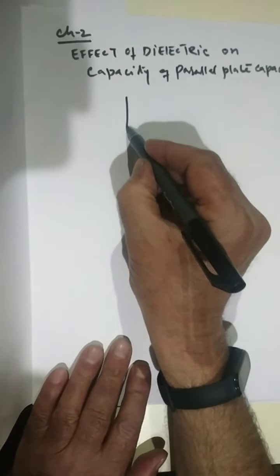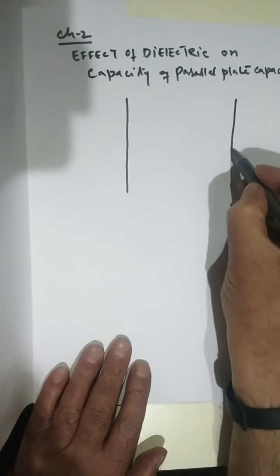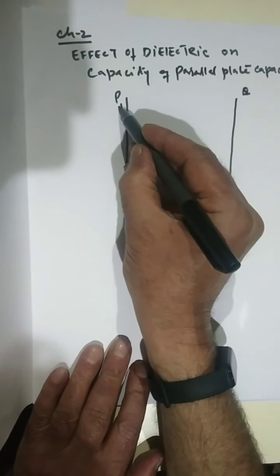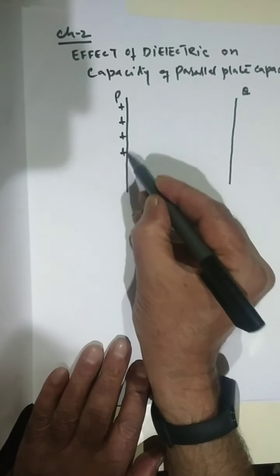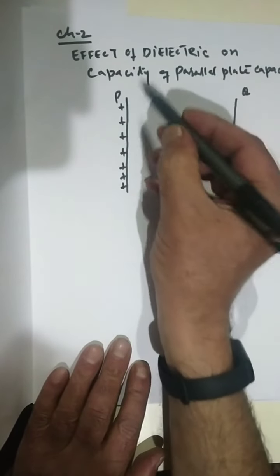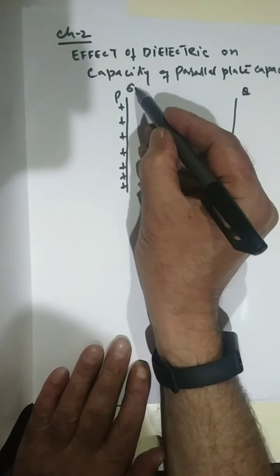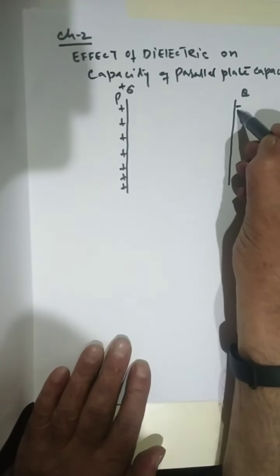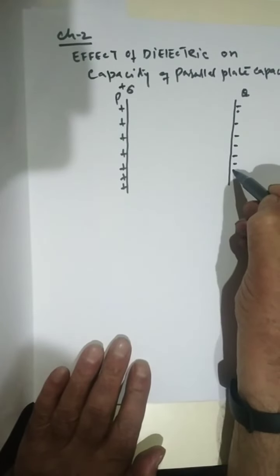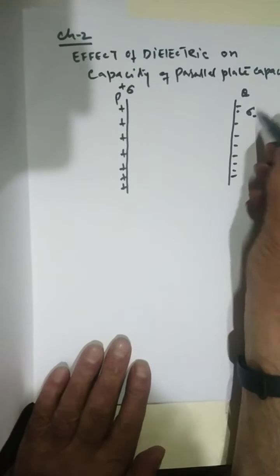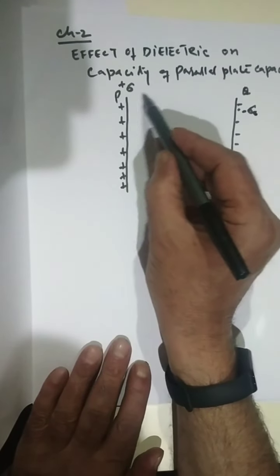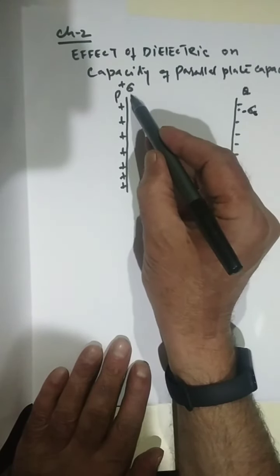Suppose that we have a parallel plate air capacitor first, having plates P and Q. Charge on plate P is positive, which gives it a positive charge surface density plus sigma, and negative charge on plate Q, which gives a negative charge density minus sigma. Now, E is the external electric field applied between